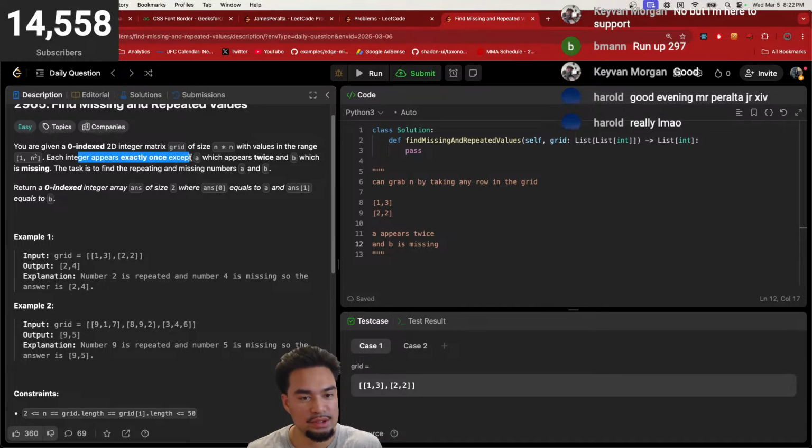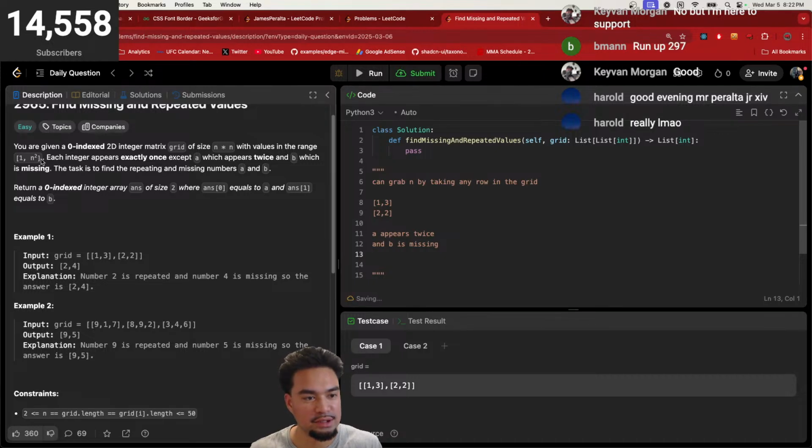Each integer appears exactly once. The task is to find the repeating and missing numbers. Return a zero index. Okay, that makes sense. So for this case, the answer,